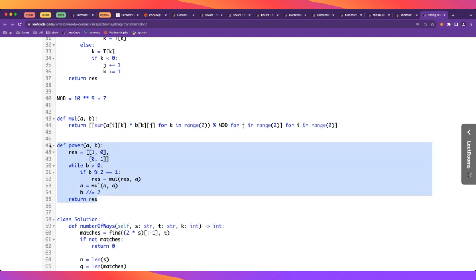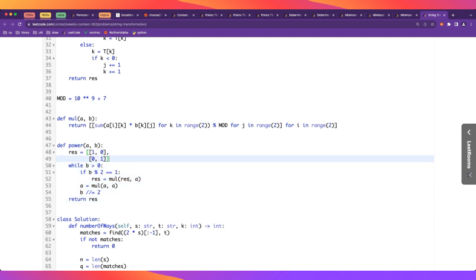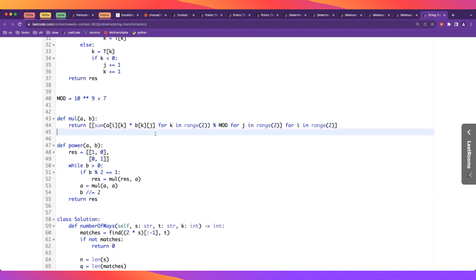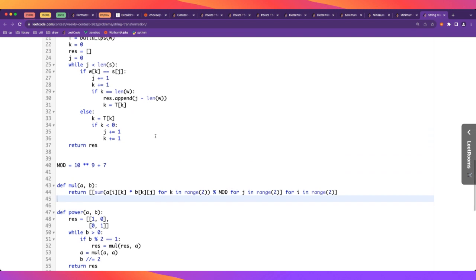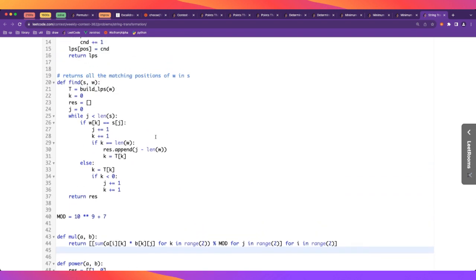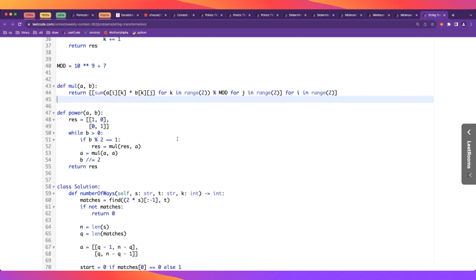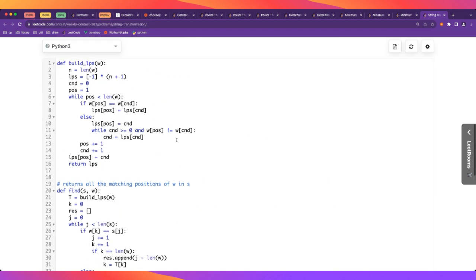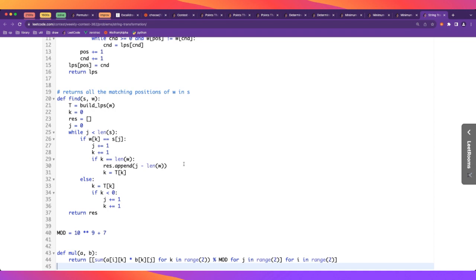This one is very standard, but in this case we're multiplying matrices instead of numbers. Nice, it was hard. I mean, they are well-known algorithms, but you have to figure them out and implement them quickly. Like I said before, I don't know if there's an easier solution that does not require it. I think KMP should be inevitable,